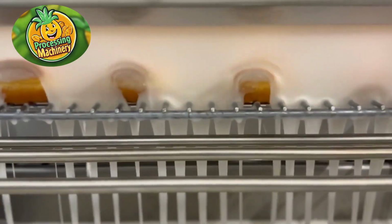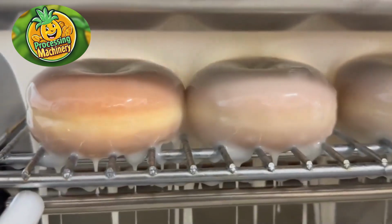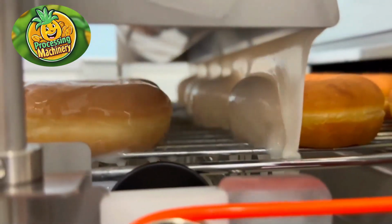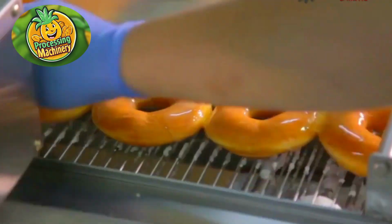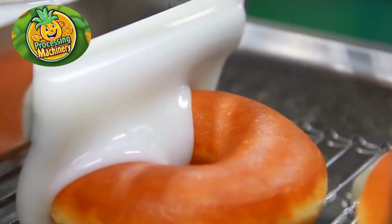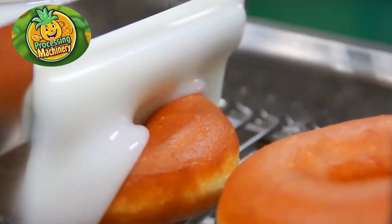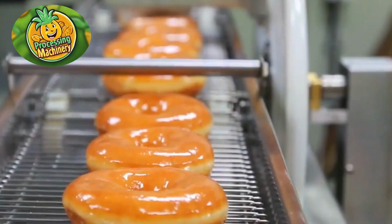The donuts are then subjected to a continuous glaze application process, wherein the flowing glaze uniformly envelops every surface of the donuts. This uninterrupted flow guarantees comprehensive coverage, providing each donut with a glossy, sweet coating that effectively enhances its taste profile. Excess glaze, which may escape down the sides of the donuts, is efficiently captured by a drip tray